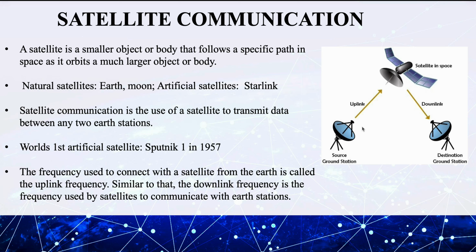They are sent to understand the movements of the Earth or to provide services like internet, voice, and radio. There are two types of satellites: natural satellites and artificial satellites. The frequency which communicates to the satellite from the Earth is the uplink, and the frequency that communicates to the Earth station from the satellite is called the downlink.